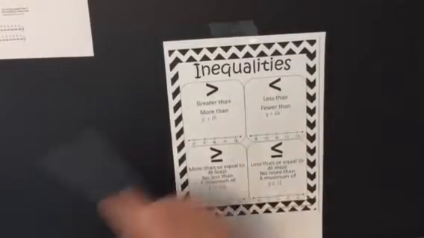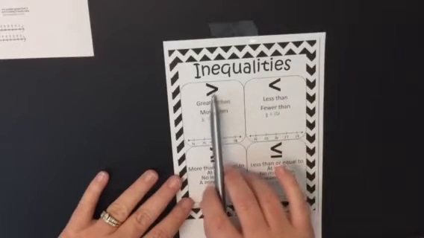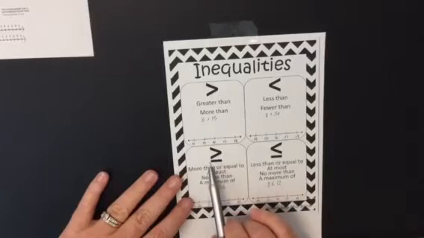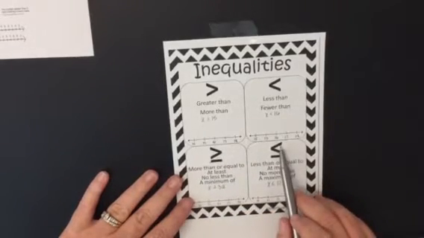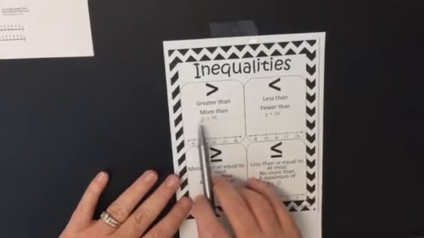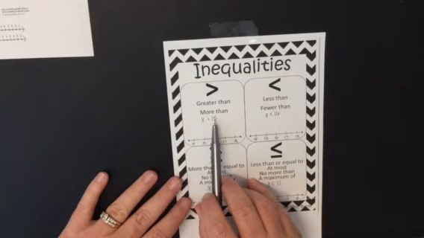So here, again, these are inequalities. This is my greater than, my less than, my greater than or equal to, my less than or equal to. All right, so here I have a problem that says x is greater than 15. So I'm going to go around and everybody's going to give